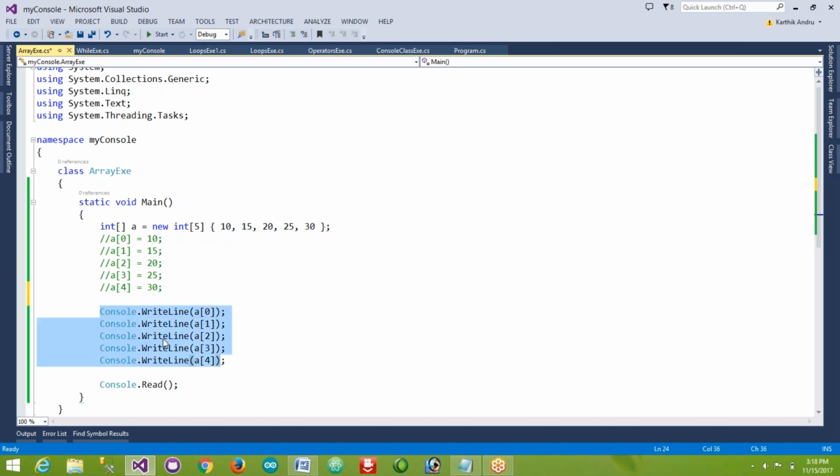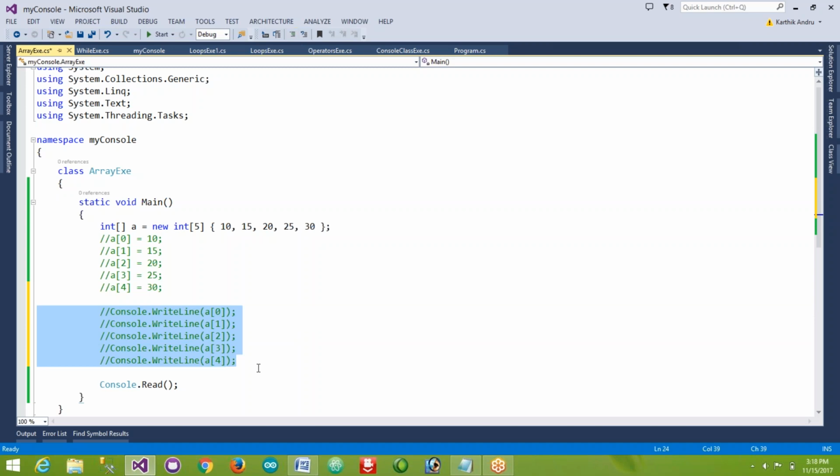If you observe, everything is the same. Just the index value is what we are changing, right? So the same we can achieve by iterating one line, only one statement,